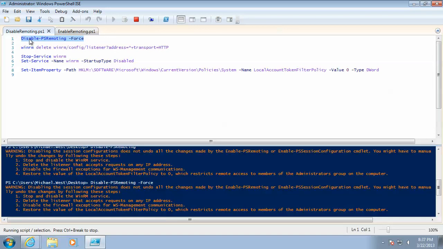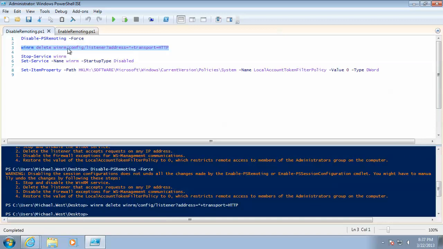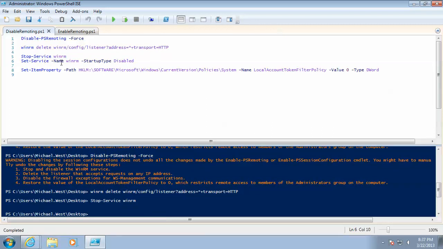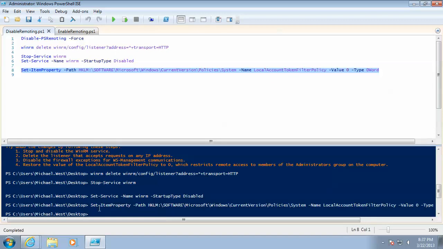If I run it again, see, it spits that out, and nothing popped up. Now, this has to do with the listener that was for all IP addresses. So that's been removed. Then I want to stop the service, and I want to disable the service, and then basically toggle off that local account token filter policy. So now if I try to do remoting,